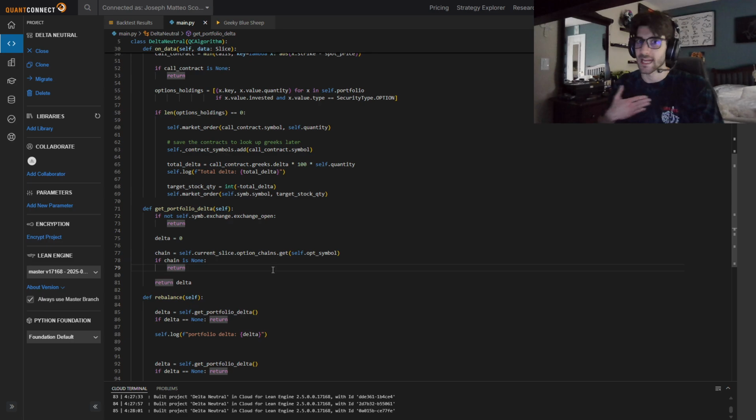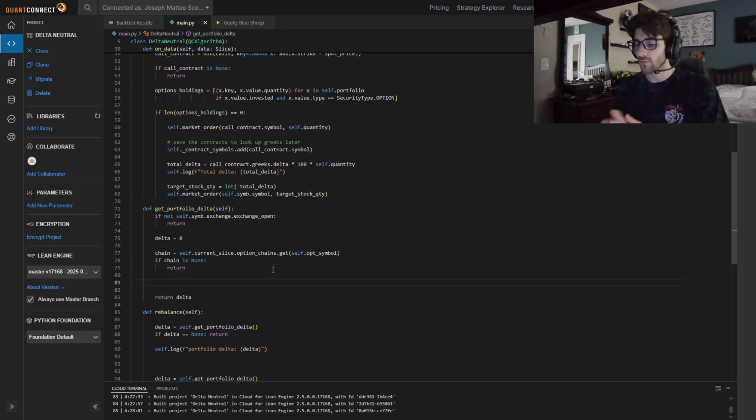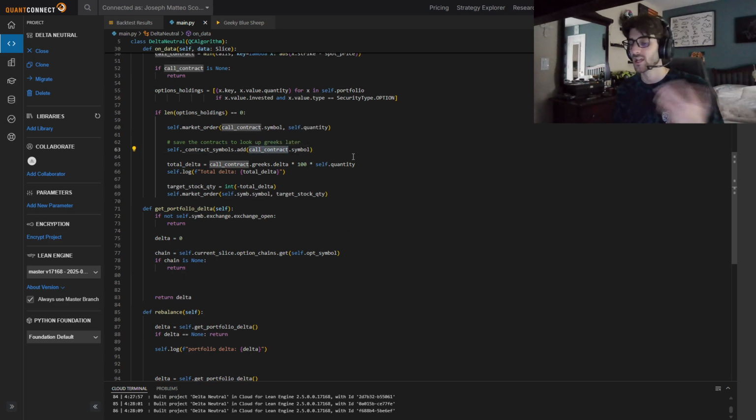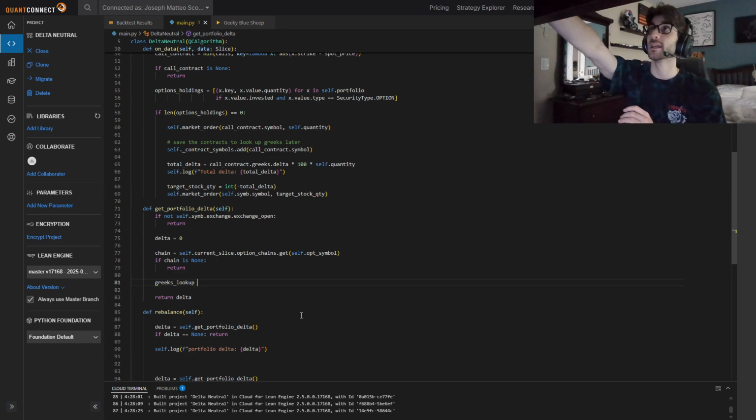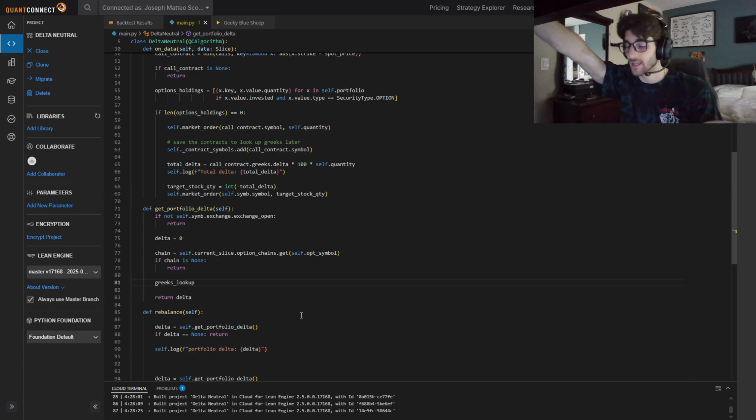Next, we want to create a dictionary of our option contract that we're storing in here. We want to just save it as option contract in Greeks. Could we just do this from the start? Probably, but I think it makes a little bit more sense to just store the whole contracts. That way later on, if maybe I want to look at its Vega, its implied volatility, this, that, I now have the whole contract instead of just one Greek of it. I feel like I'd have to change it later on anyways. For this it doesn't matter, but in general,